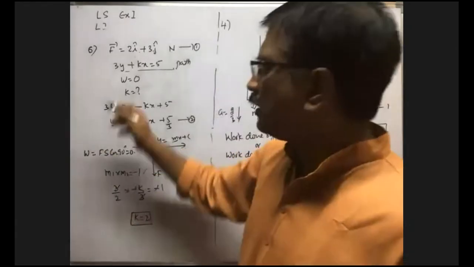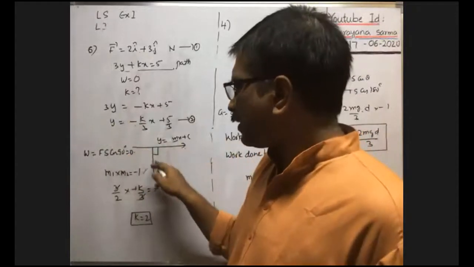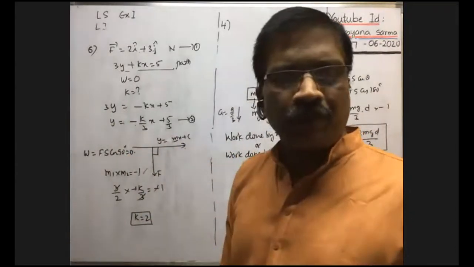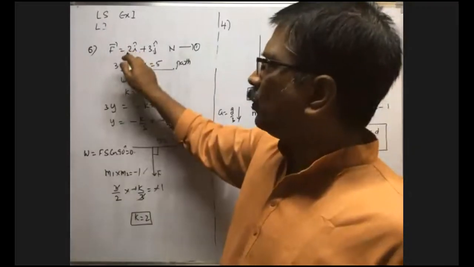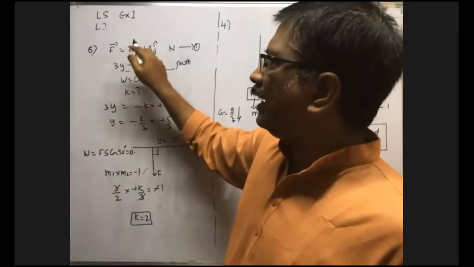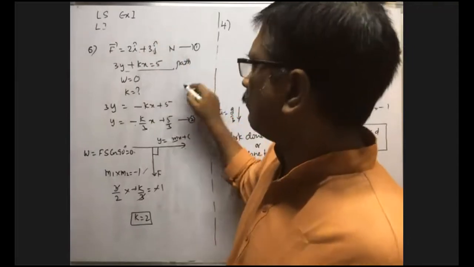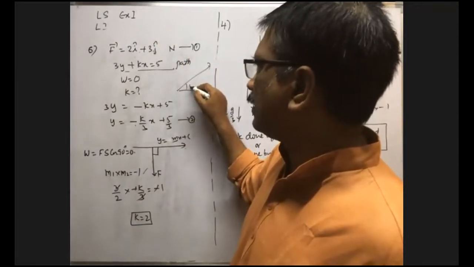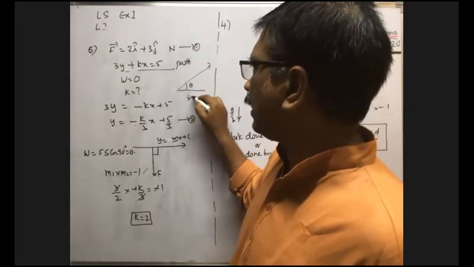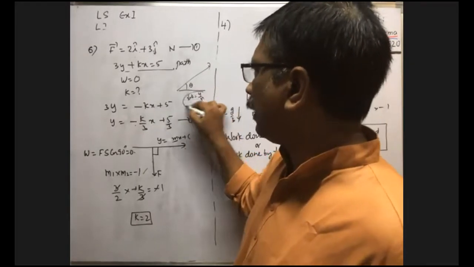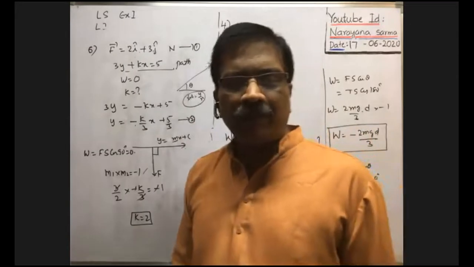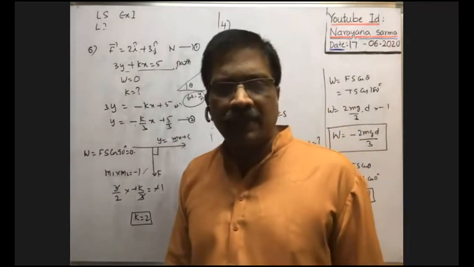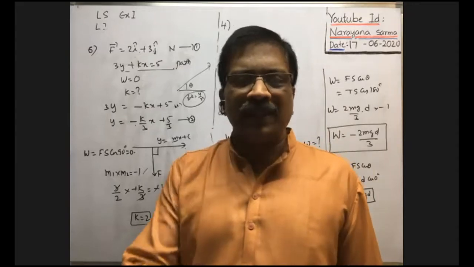Force is always along a straight line. It acts along the straight path on the particle, no? Here, the slope of this vector means the angle made by this vector with the positive x-axis, say theta. Then tan theta is equal to y by x. That is the formula for slope, no? This is the slope, m. m is equal to tan theta, that is equal to y by x. How perpendicular? It is given in the problem only.